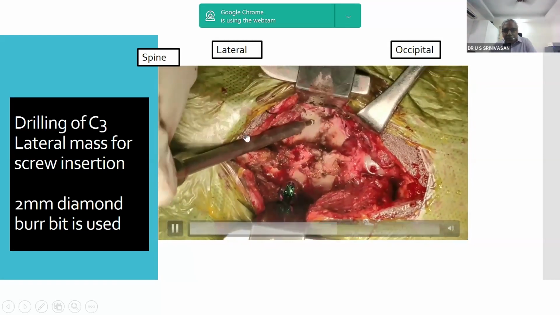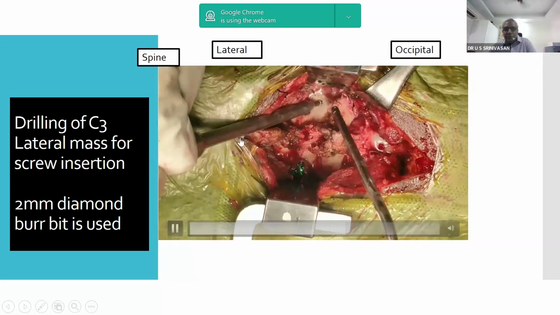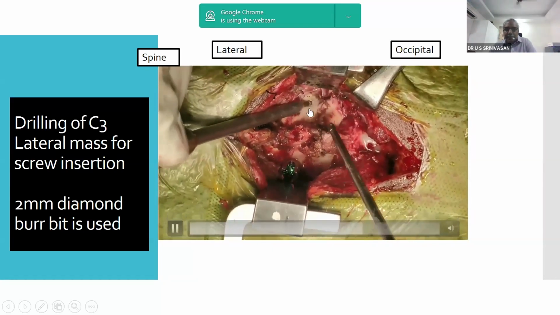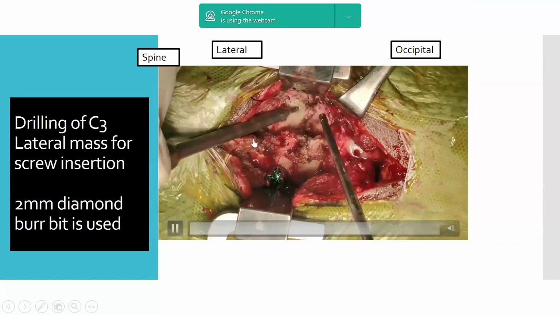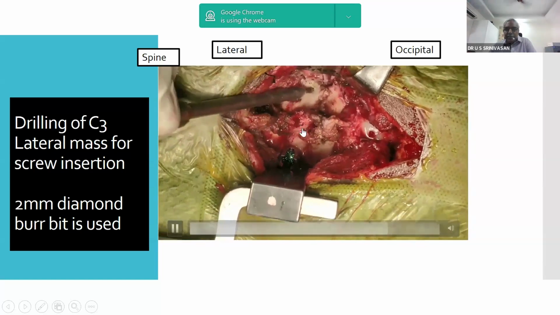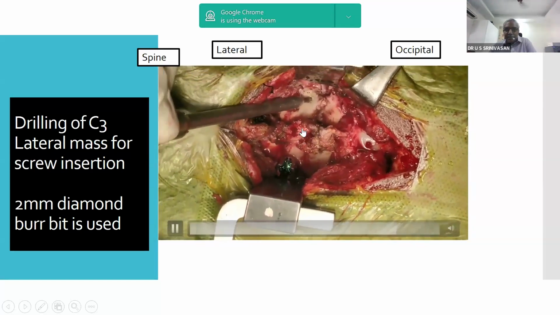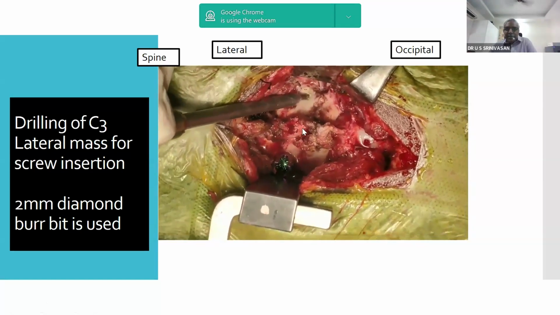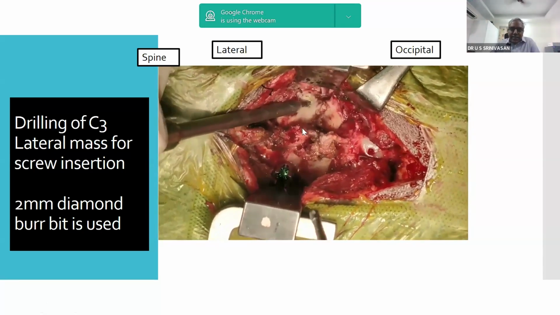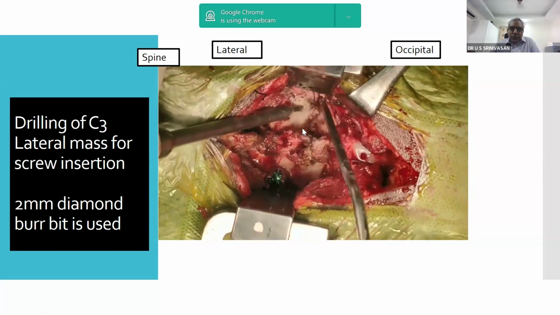And you have to angulate your drill bit as you go. Keep drilling. You can see I'm angulating it. Anterolaterally, it should be. That is the most important aspect in this drilling. After the drilling, you can see the giveaway, and once you get the giveaway,